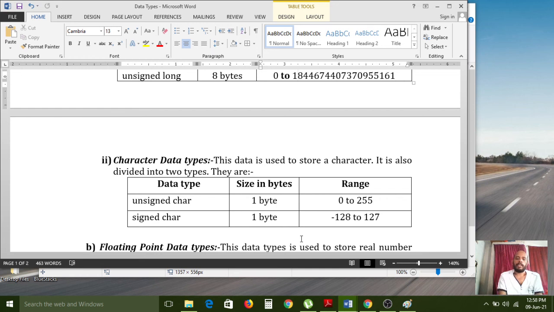Character data type, floating point data types, wide data type, user defined data types, derived data types, everything I will explain. After that, I would also like to show one example, so you can get an awareness of that. Data types are a very important question to learn, so please concentrate on that. Don't ignore this question. This concept is very important because in every exam in the C programming language subject, this question always comes. So please concentrate on this question. Don't ignore this. Thank you very much.